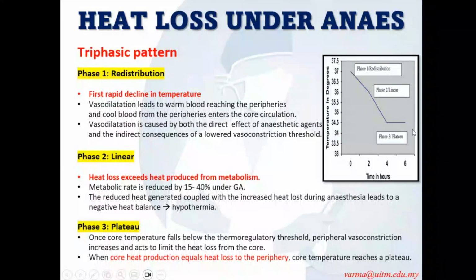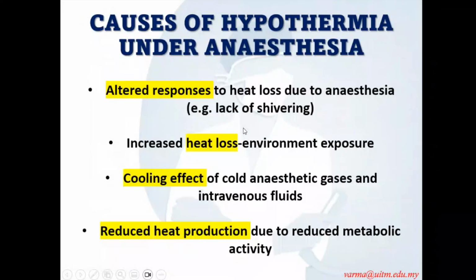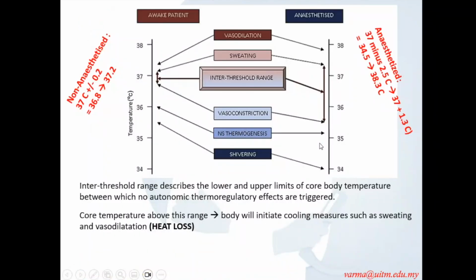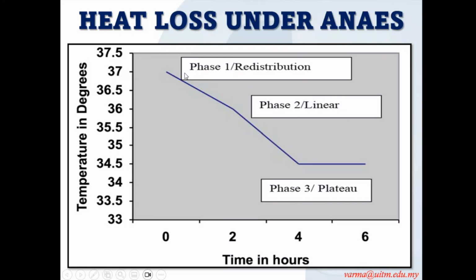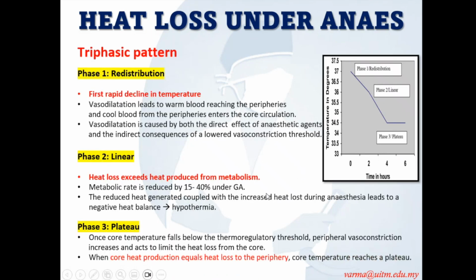Next, finally, is the plateau phase. The plateau phase occurs once the core temperature falls below the thermoregulatory threshold. This is what we talked about, 34.5. I said below 34.5 and anesthetized, your thermoregulatory response will get activated. So this is when we haven't rewarmed the patient. If the patient temperature has already reached 34.5, your thermoregulatory response will get activated, and then peripheral vasoconstriction increases,